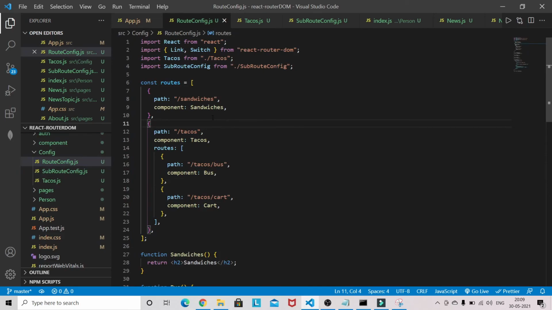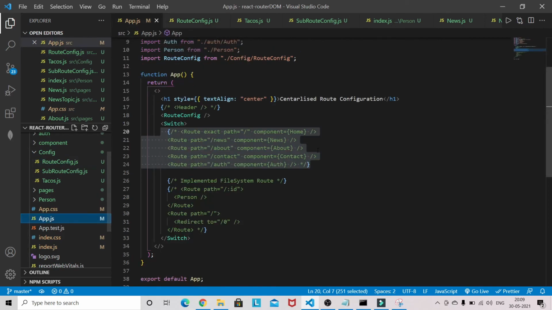This is a little bit more elegant way, and in some projects you will find that a route is configured this way. That's it guys from this video, and I hope you understand the concept of centralized route and how you can configure this route in your application.